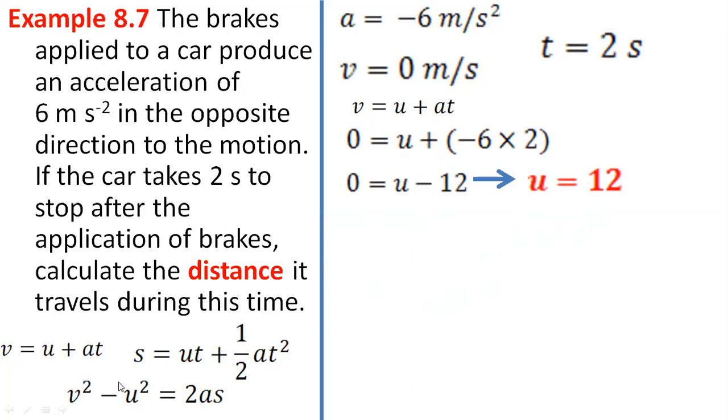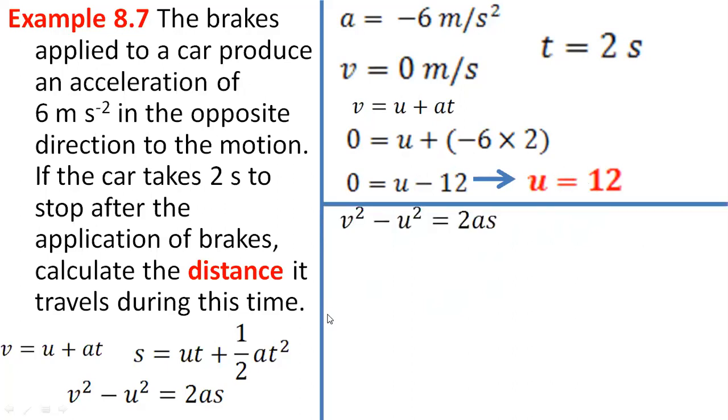Now let us use that and substitute this value of u in the second or third equation. It is your choice. Okay? I am going with the third formula. You can also use the second one. V square minus u square is equal to 2as. Generally, I suggest my students to use the third one because in the second there is 1/2 here, and students make silly mistakes while cancelling this particular 2. They do not make a lot of mistakes while calculating with this, so I generally suggest the third one so that silly mistakes won't happen in the exam. Now substitute the values here.